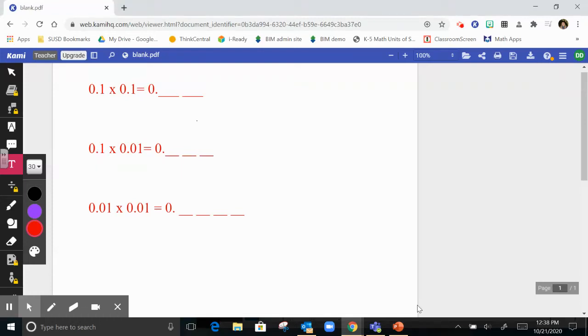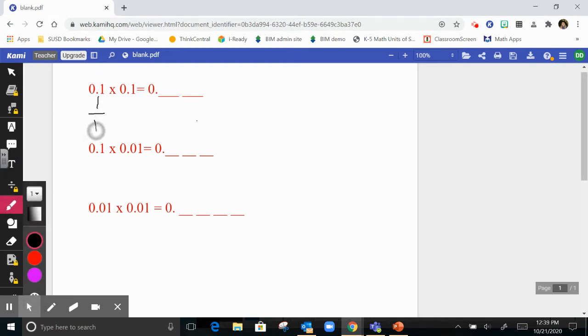Let's talk about decimal placements in decimal products when multiplying. So when we look at two decimals being multiplied together, we're looking at where the product will land. So here we have 1/10 times 1/10. Well, if we think of it like fractions,